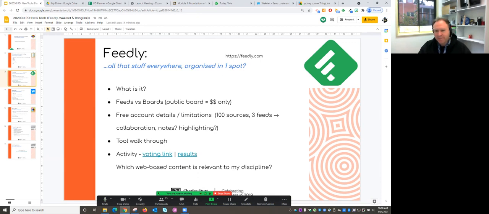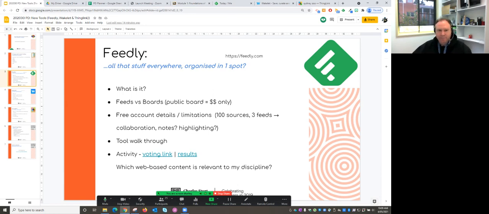I'm still beavering away at that space to try and get clarification around our process and policy for onboarding new tools and technologies. There is some work happening in that space, and hopefully we won't have to wait too much longer to get clarification around how we get new tools onboarded at the university, even for test periods. So everything that we're looking at is from an individual point of view as a free